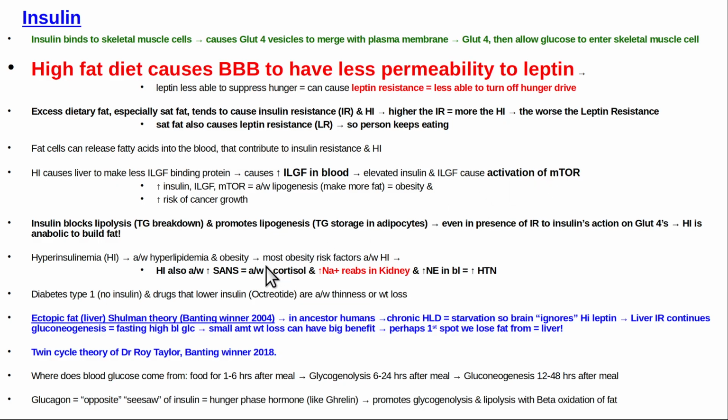Okay, so other things you don't want are going to happen when insulin is elevated. For example, you'll get increased activation of the sympathetic autonomic nervous system, usually abbreviated SANS, S-A-N-S. That'll cause increased sodium resorption from the kidney, which will tend to cause hypertension because that inhibits endothelial nitric oxide. And it also will tend to cause increased urinary excretion of magnesium, which is your vasodilator that you want.